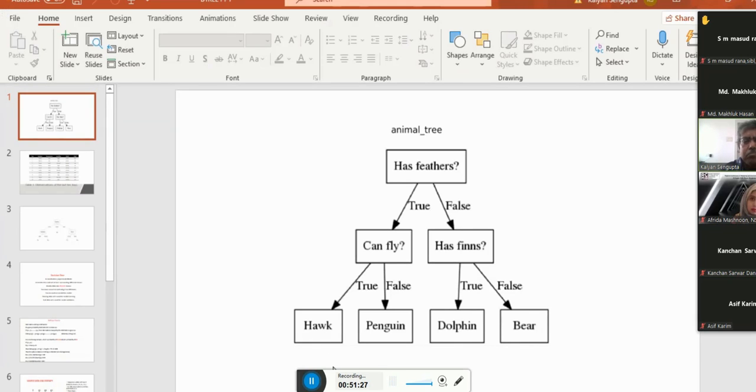Like in this example, I'll show you that there are 4 different classes of animals: hawk, penguin, dolphin, bear. In our case, the categories will be defaulters and non-defaulters.